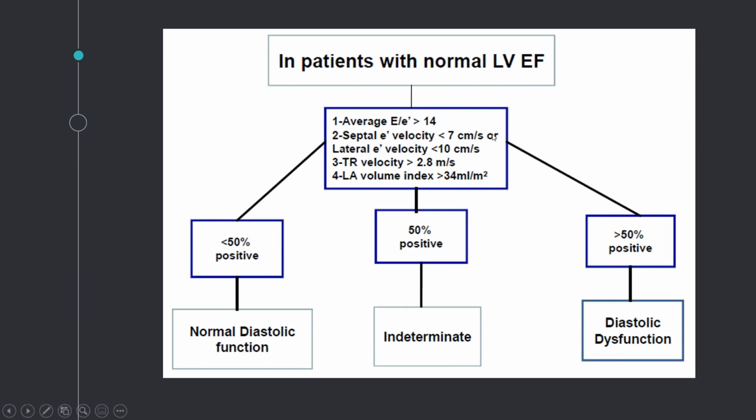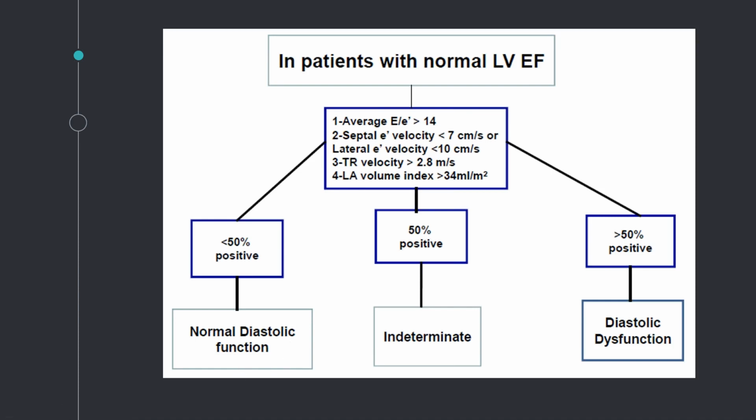Your septal velocity is a little bit lower because your septum moves a little bit less than the lateral left ventricular free wall. And adjuncts that we look at, TR velocity, as I said, gives an estimate of LA pressure in the absence of pulmonary disease, and LA volume can give us a clue as to chronic elevated left-sided pressure. And you look at 4 of them, and if you have less than half of them positive, so if you have 1 positive, let's say their TR velocity is very high, but everything else is fine, you have normal diastolic function,